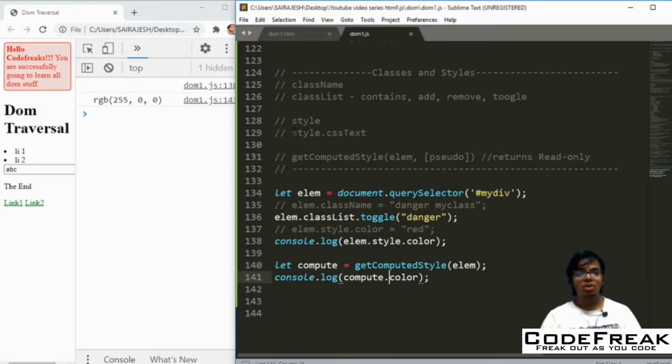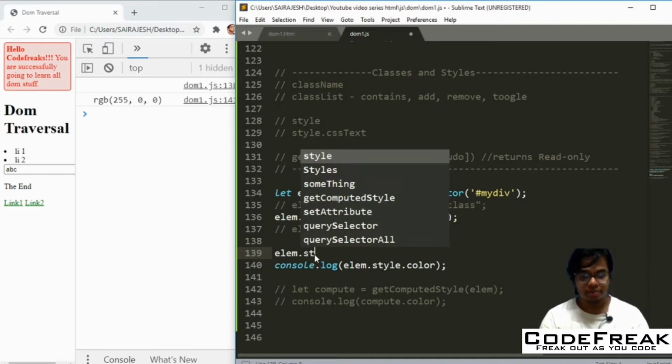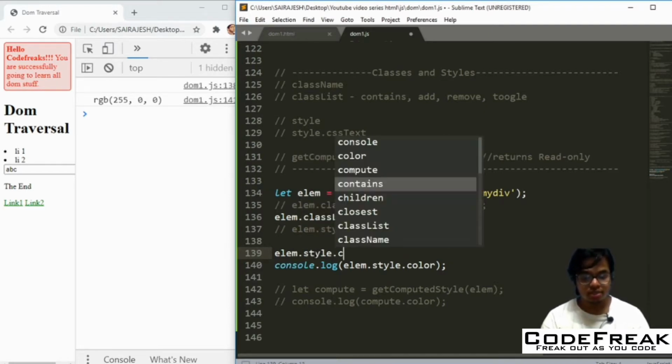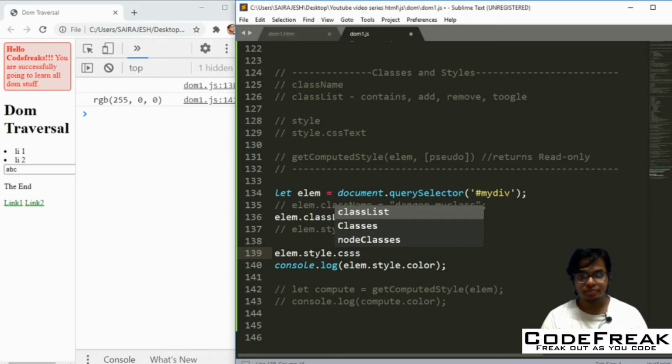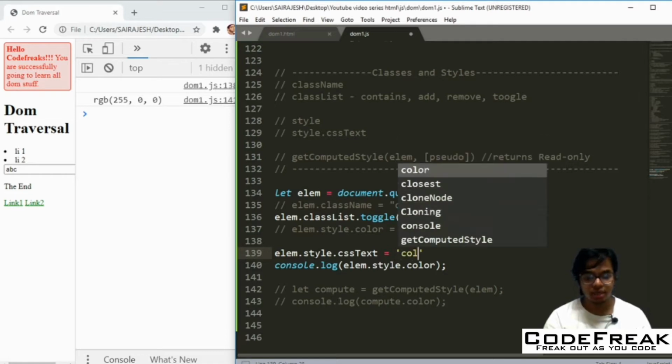So we had missed out this style.cssText. Let's do that now. I'll just comment this part out. Say you don't want to change the property directly like this, and you want to change only the CSS part of it. Then you can use this property, which is element.style.cssText. Inside this, you can change the color.